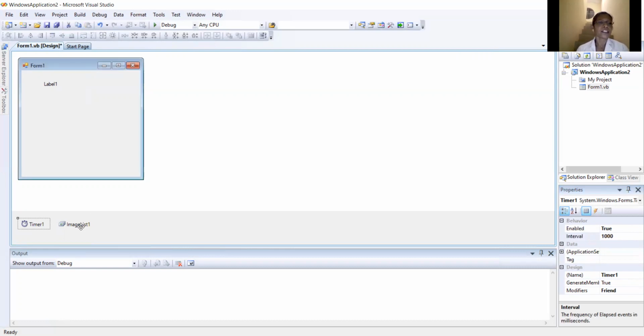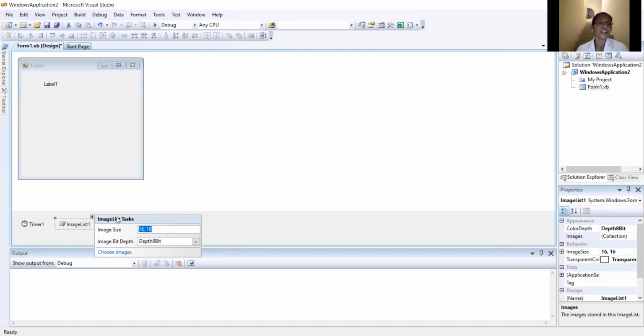Next, choose the image list box. In that tool, the right arrow mark will be displayed. Click that arrow. The image list task dialog box will be displayed here.